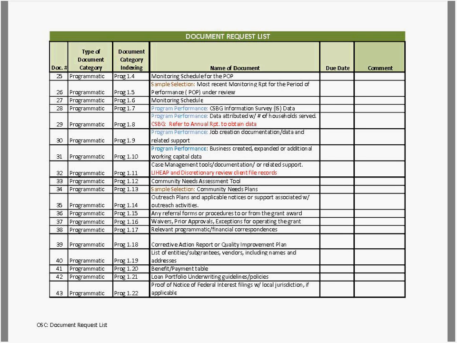For CSBG, a lot of the documents on here we do request, and it also piggybacks off of supporting documentation that we would need to confirm that you're in compliance with certain elements of the CSBG Act.